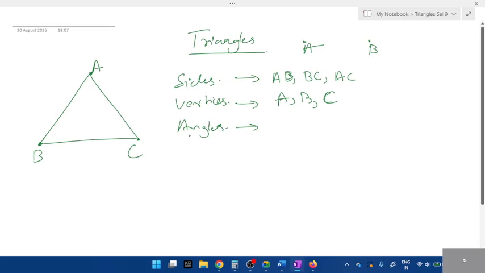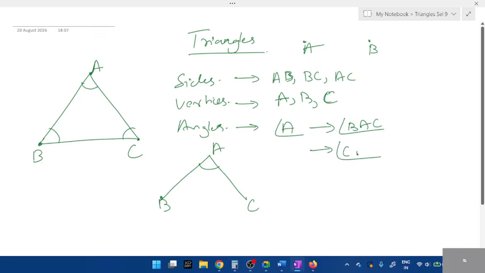Now angles. Angle is the most important part. What are the three angles we have? Angle A, B and C. See, look there. First thing, this is the normal way: angle A, angle B, and angle C. So how is angle A formed, students? How is angle A formed using two lines, right? What are the two lines? AB and AC. So you have to write it. You can write it as just angle A, or the starting point BAC, or you can write it as CAB. These are three ways to represent angle A.